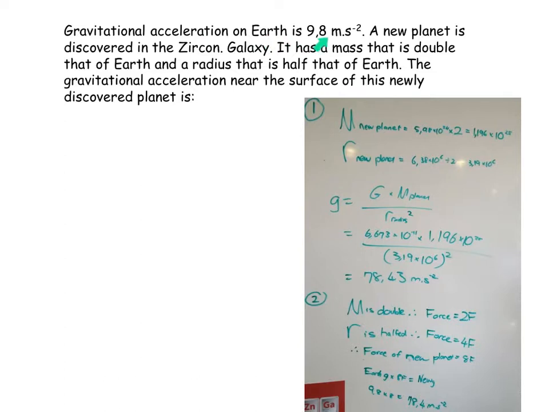We've got the gravitational acceleration on Earth. A new planet is discovered in Zircon Galaxy. It has double the mass of Earth and a radius half that of Earth. So what are we going to do? This is like the hard way of doing it. If I double the mass, my force will double. If I halve my radius, my force will go up by a factor of 4. So in total, the new force and the new gravitational acceleration will be 8 times the old one. So it's going to be 8 times